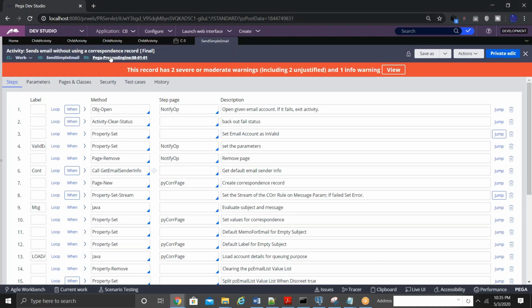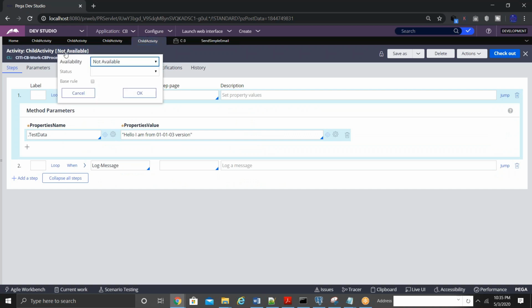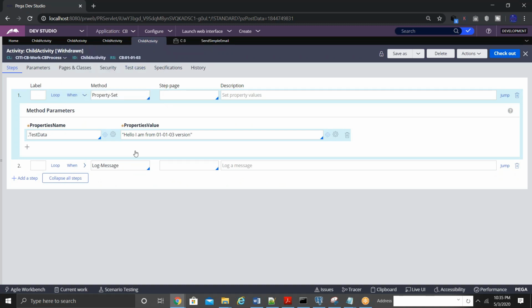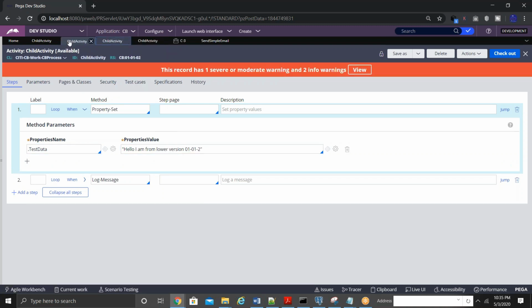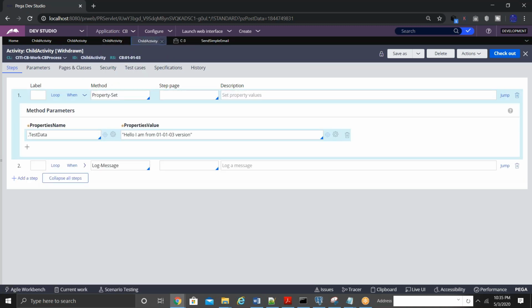Okay, so let's assume that you are right now in 03 version. And for some reason, you don't want this rule to be executed going further, which means that I don't want 03, 02, 01. None of the versions of this rule should get executed. Okay, so as per the new requirement, this piece of code is no longer required. Okay, it should not be triggered anymore now. We don't want this anymore. I can't delete the code, right? Because we lock the rule sets and we deploy them. So once the rule is locked, you can't delete the rule.